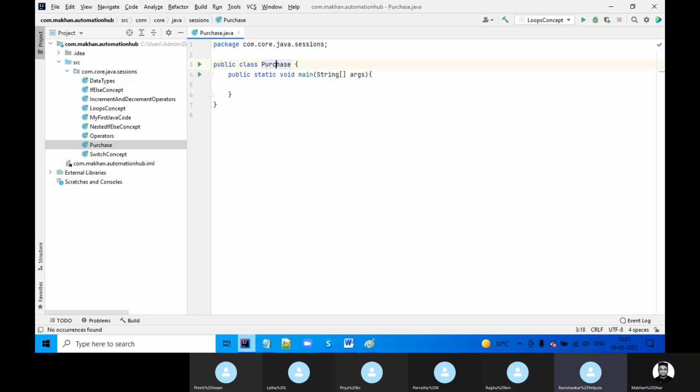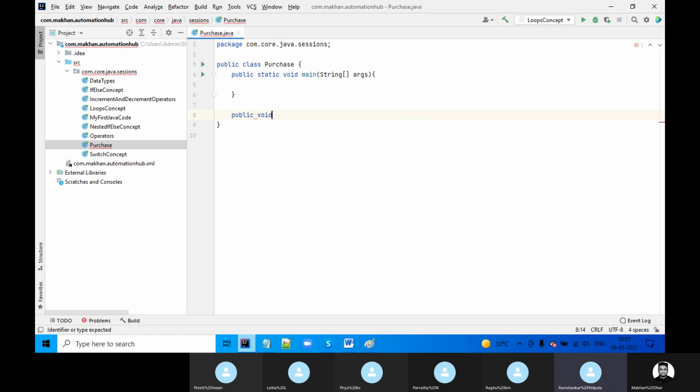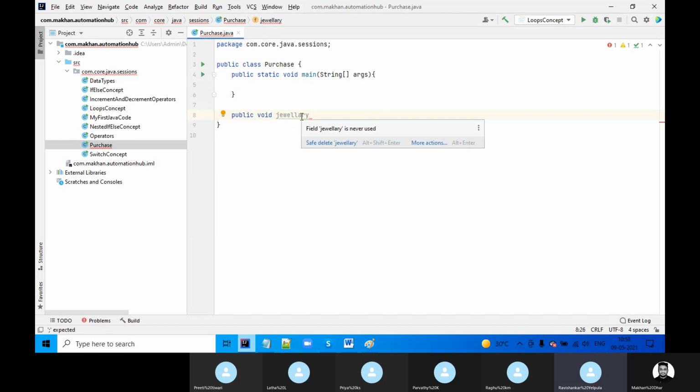Okay, now you just create a public void method. The first method is called jewelry purchase. Public void jewelry purchase. The second is clothing purchase, and the third is all the other utility purchase. And inside the method, you just write a print statement saying what kind of purchase that is.